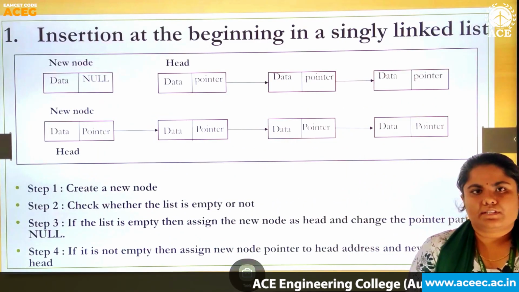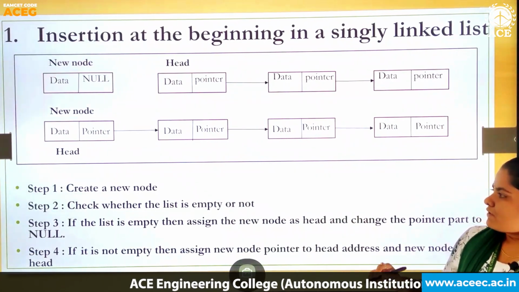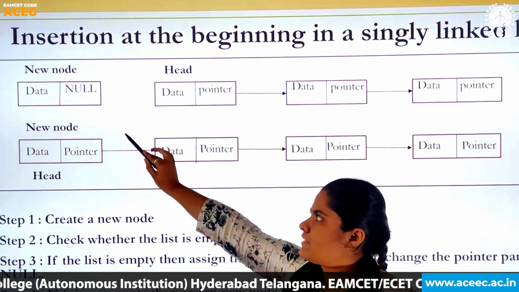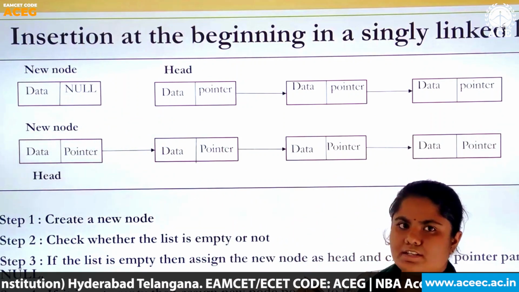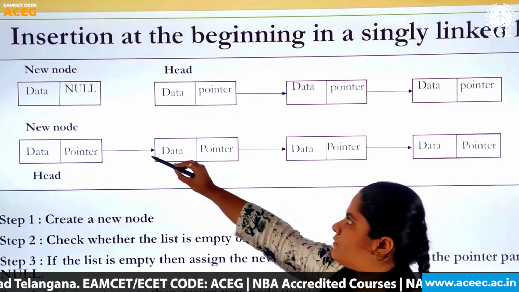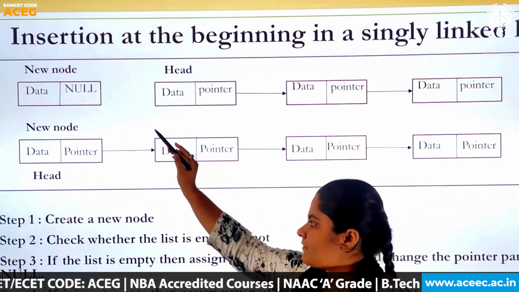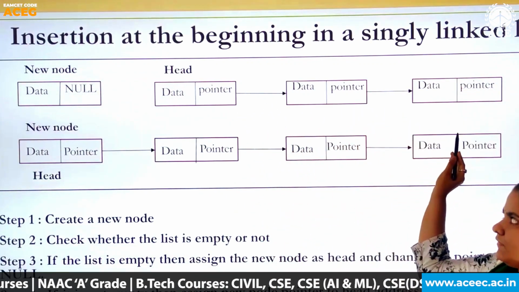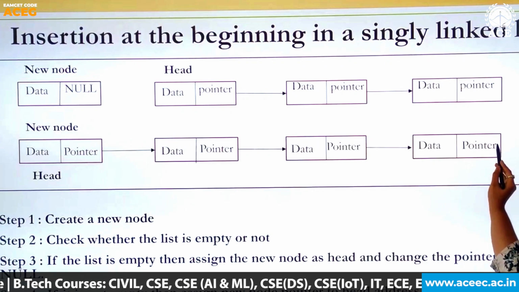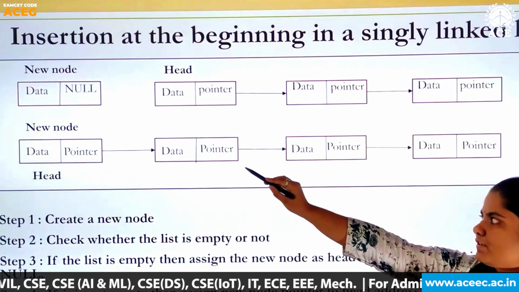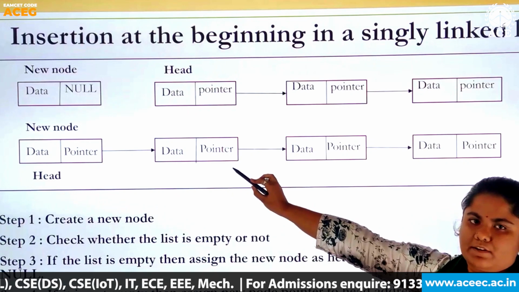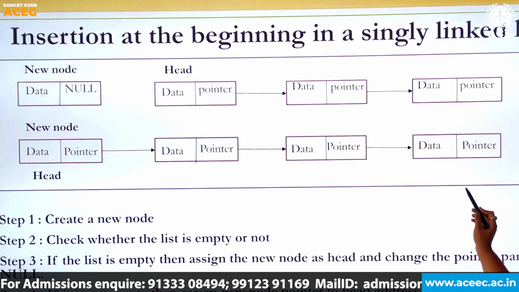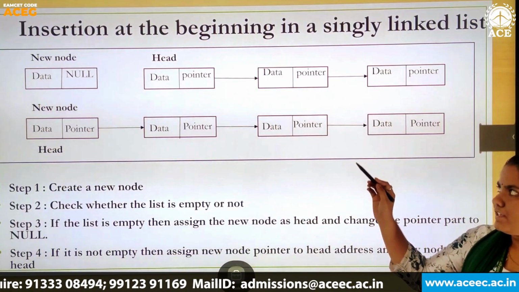Let us talk about insertion at the beginning. Here first we have to create a new node with a data part and the address part which is null, because it is an individual node and it does not point to any other node. That's why we put null in the address part. Then we have to check whether the given linked list is empty or not. If it is not empty, then we change the address part of the new node to the next node, which is the head node. And then this node connects to the linked list which we have previously created. So this is insertion at the beginning.